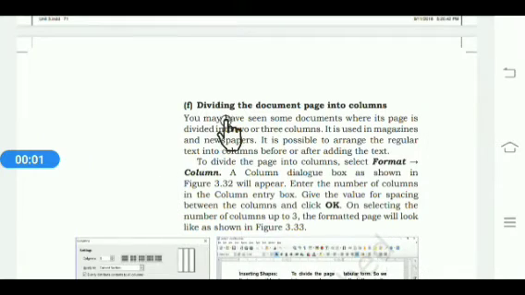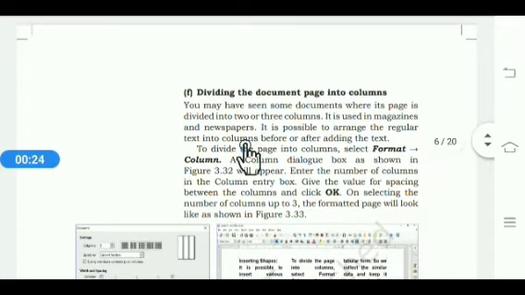Then next is dividing the document page into columns. You may have seen some documents where the page is divided into 2 or 3 columns. It is used in magazines and newspapers. Columns are included in a document to improve readability. You can divide the page vertically into 2 or more columns. To divide the page into columns, follow these steps.